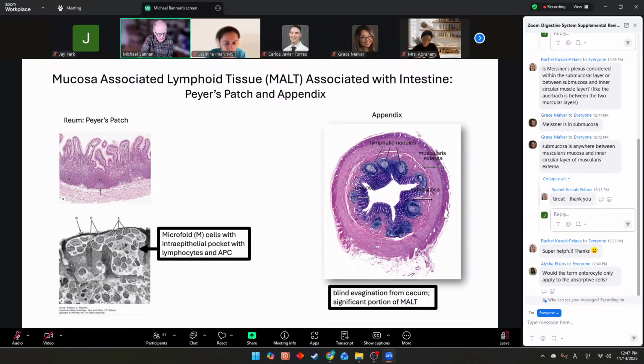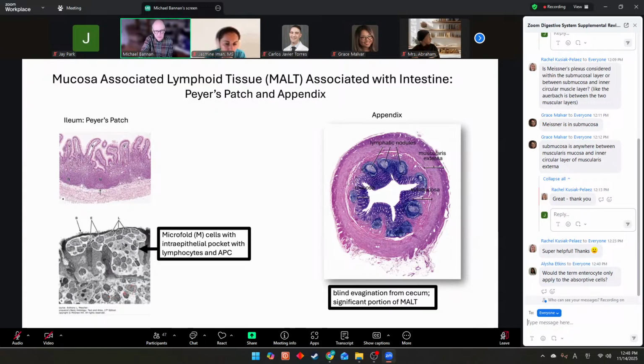And this is a histologic section that just shows you the mucosa of the ileum. And you can see this very prominent lymphoid tissue, and it's actually typically both in the mucosa and in the submucosa. It is characterized by this very unique cell type, which is the microfold cell, which is characterized by having an intraepithelial pocket in which there's a break in the basement membrane that allows immune cells, both lymphocytes and antigen-presenting